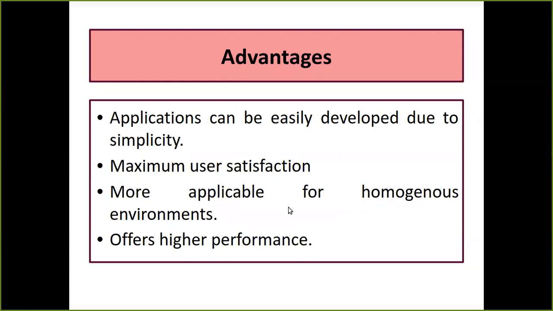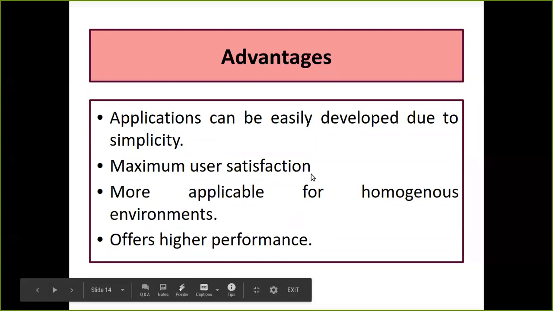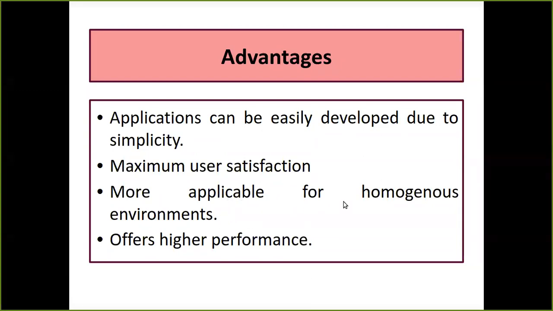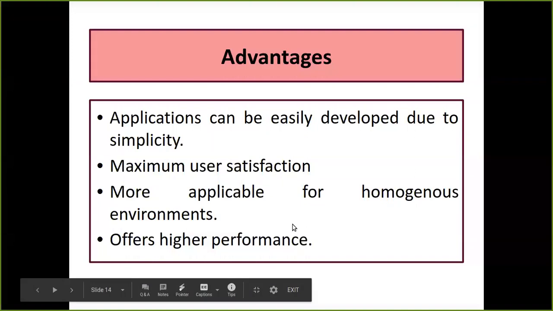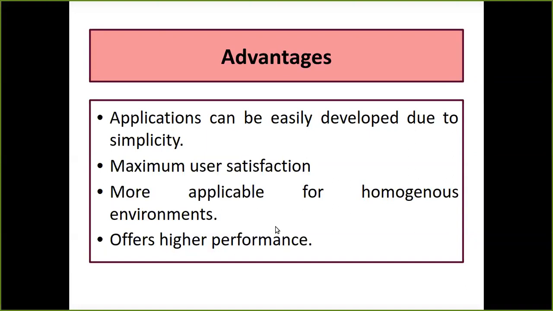It can have maximum user satisfaction, and this kind of architecture is more applicable for the homogeneous environment. Okay, what do you mean by homogeneous and heterogeneous environment? Homogeneous is something which is going to have the same type of data, the same type of environment. It is also going to offer me high performance. Automatically the performance is going to be higher because I have a homogeneous environment. There is no heterogeneous environment. I don't have different types of data coming in. Okay,